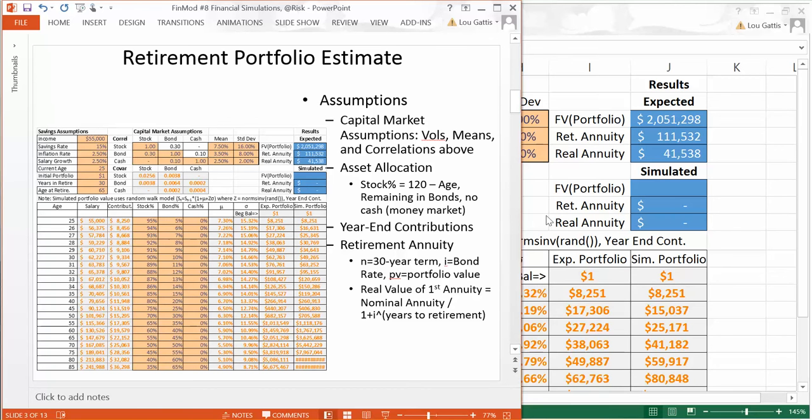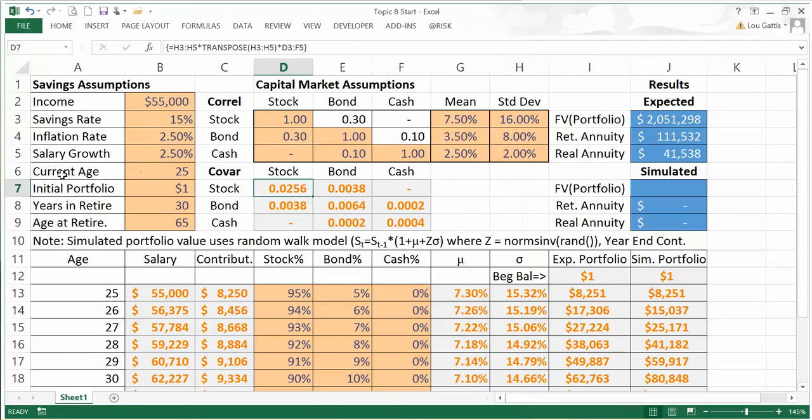So here's our basic model. We can copy this and put it in Excel, or you can build it yourself. We'll start with some assumptions. We'll say our individual has a $55,000 income, saving 15% of their income for retirement. Inflation and salary growth are 2.5%. Currently 25 years old. Have $1 saved, plan to live 30 years after retirement, and retire at the age of